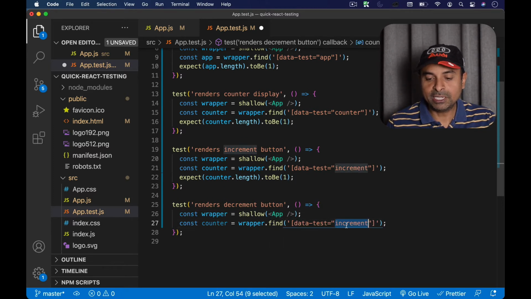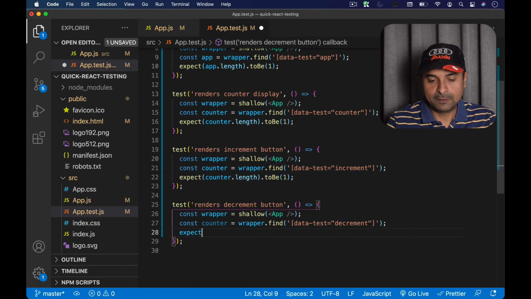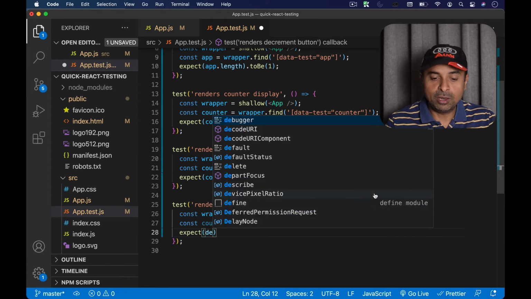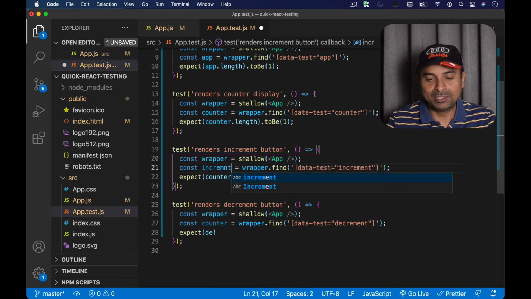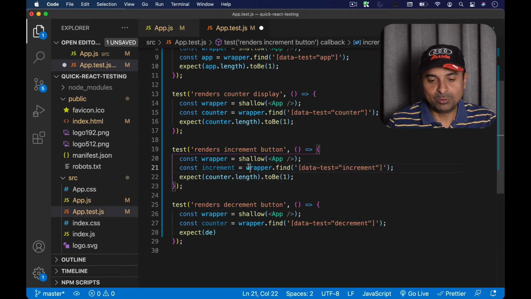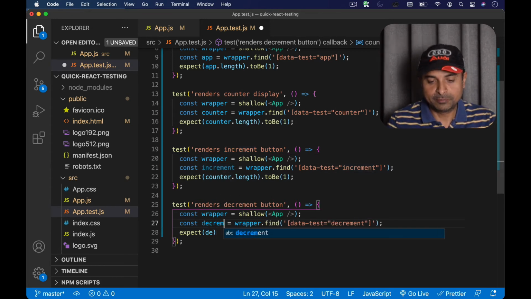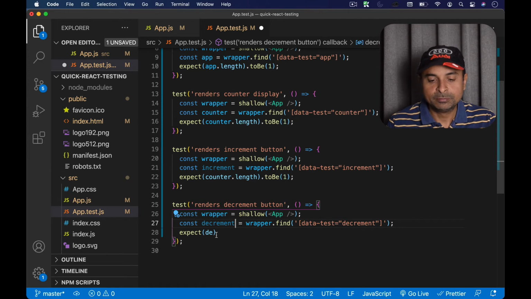This time I'm going to find the decrement button. Save. And I'm going to expect the length. And this is not a counter, right? So I need to change this counter to increment. So this is the problem with copy paste. I always forget to write the component name. So this will be decrement. Okay, so I'm going to check whether decrement dot length